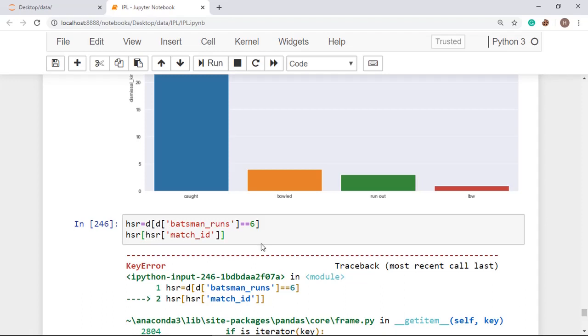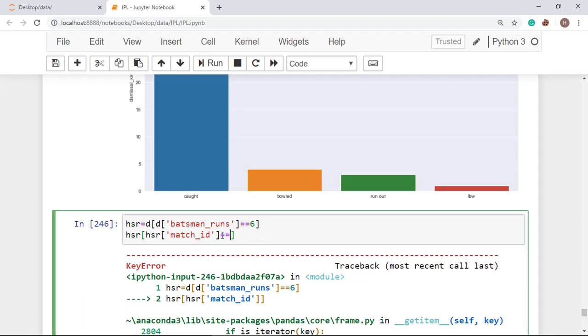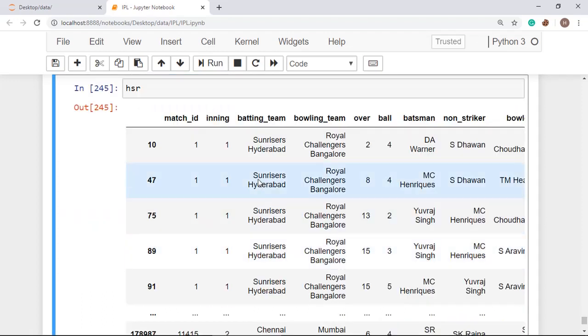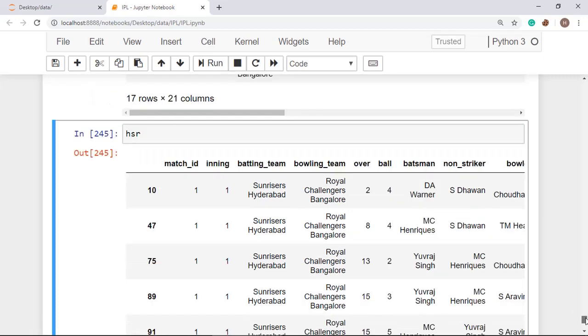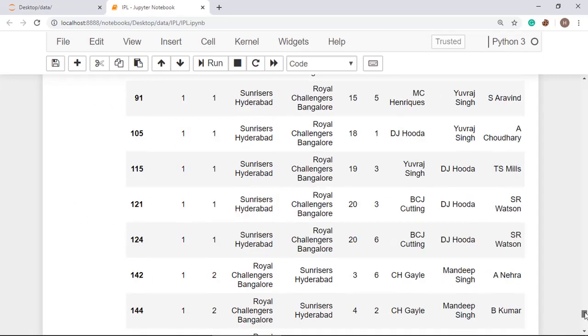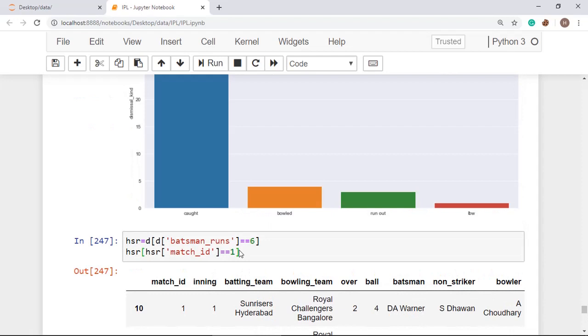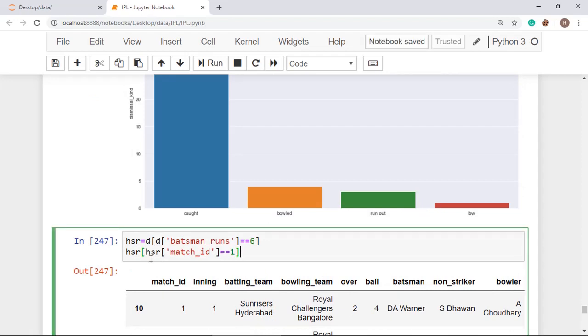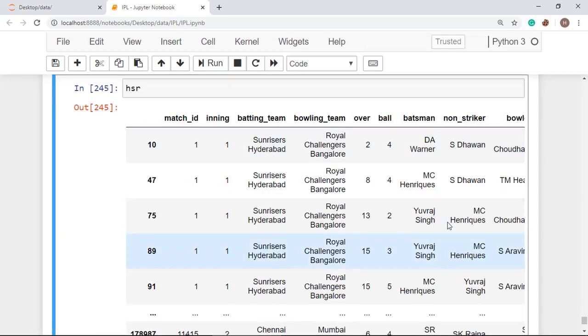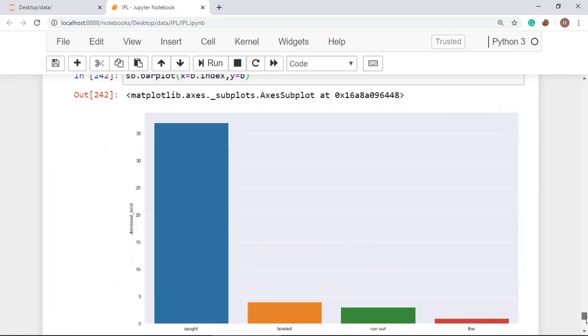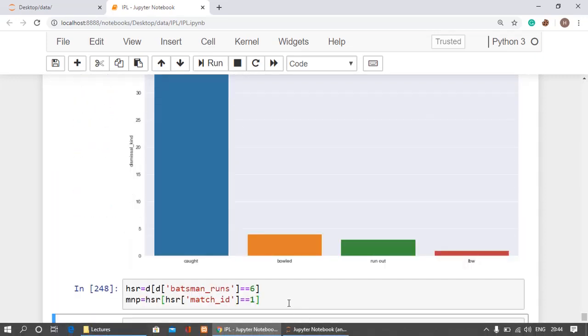And what's the error? Sorry, match ID is equal to 1. So this one displays all those sixes which have been scored in the first match. Okay, and here you can see this one is match ID 1, and put this in a variable m and p. You can also do this for a particular batsman.